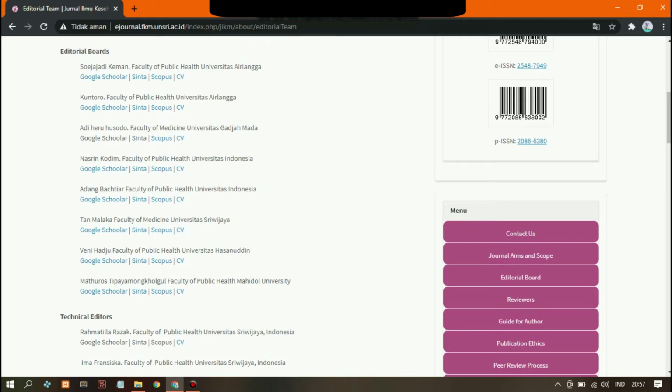Nasrin Kodim and Adang Bahtiar, Faculty of Public Health, Universitas Indonesia. Tan Malaka, Faculty of Medicine, Universitas Sriwijaya. Veni Hadju, Faculty of Public Health, Universitas Hasanuddin. And last but not least, Mathuros Tipayamongkholgul, Faculty of Public Health, Mahidol University.